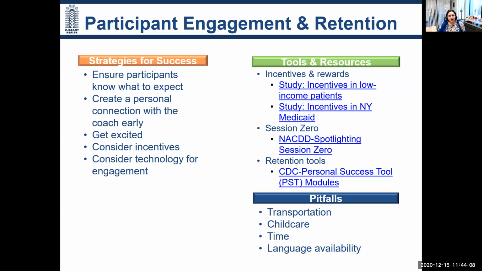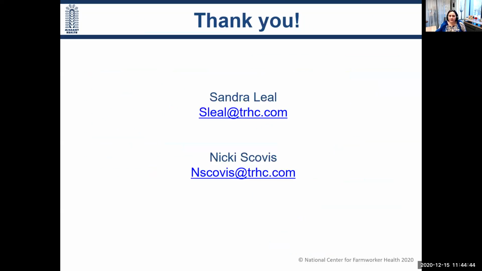But some of the things that we know are not good, that are pitfalls, are transportation issues, childcare, language issues. And those are the things, again, that we try to overcome with programs like these, to partner with what you have or to create opportunities for people to not experience these barriers and to have more success. So as I mentioned earlier, these are all things that we're learning. We're learning collectively with you, and we're trying to partner with groups to make sure that we have these available programs to have the most success possible, and to be supportive to the people out there. So with that, we'll go to the next slide.